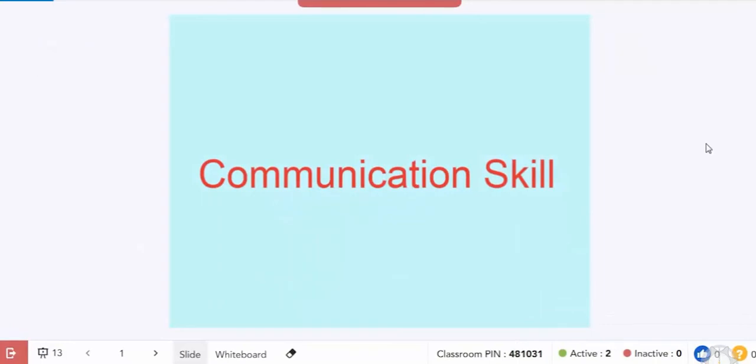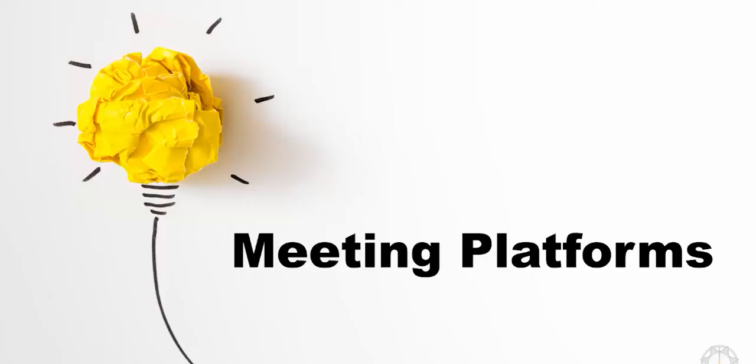In without broadcast mode, you can see all the options are the same, but you can't interact with students. No audio, no video or chat interaction is there in without broadcast. So how to use this mode? You need to couple this mode with Google Meet or a meeting platform. There are many meeting platforms that you can use.